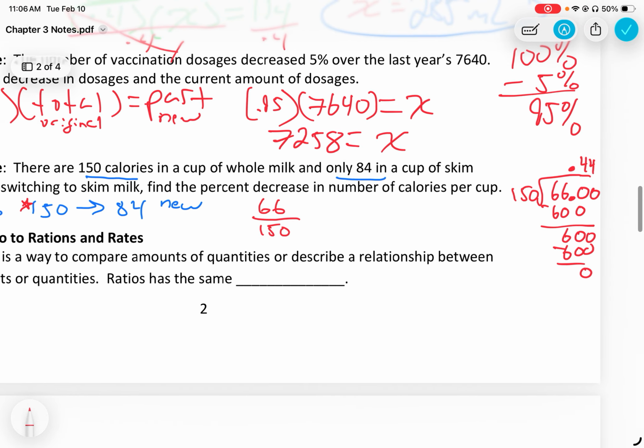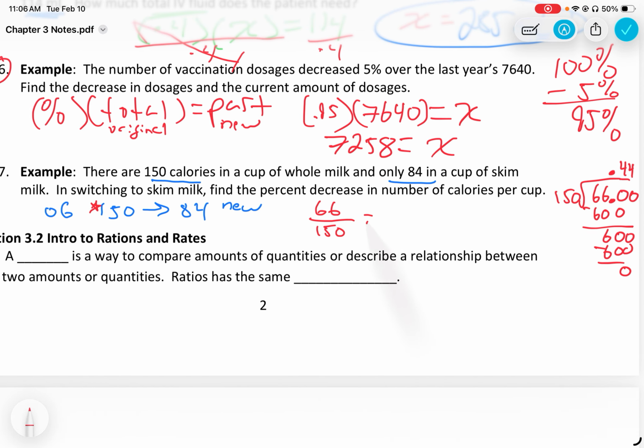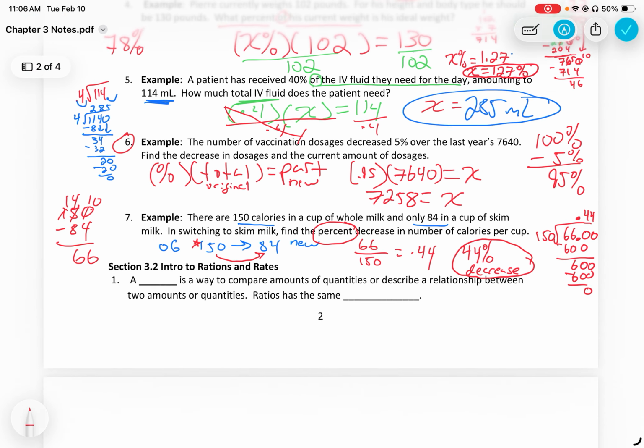Okay, so I come over here and I end up getting 0.44, but we want the percent decrease. So 0.44 as a percent is 44% decrease. And I know that it's a decrease because I went down from the original to the new. Okay,